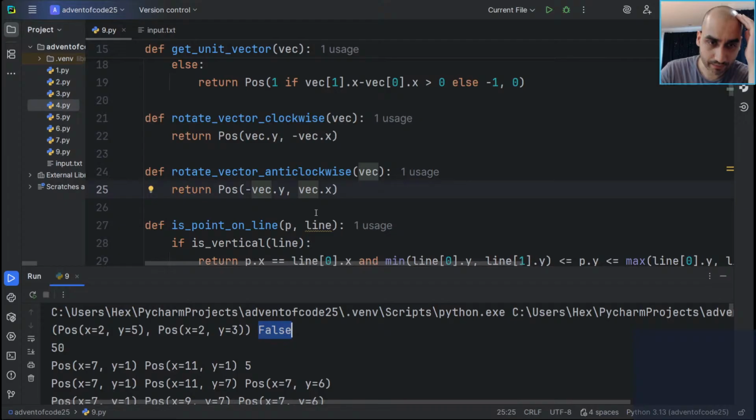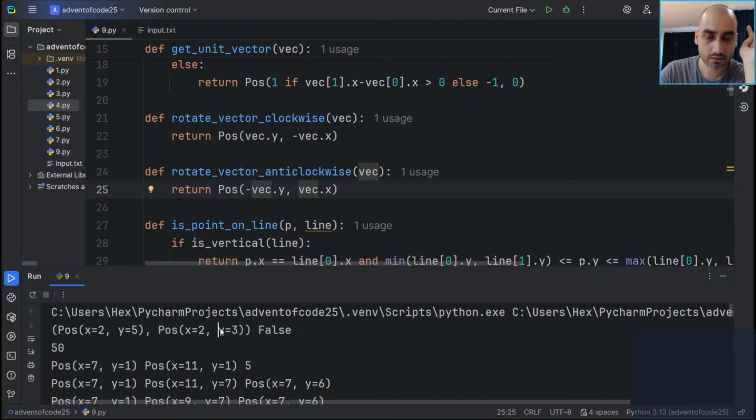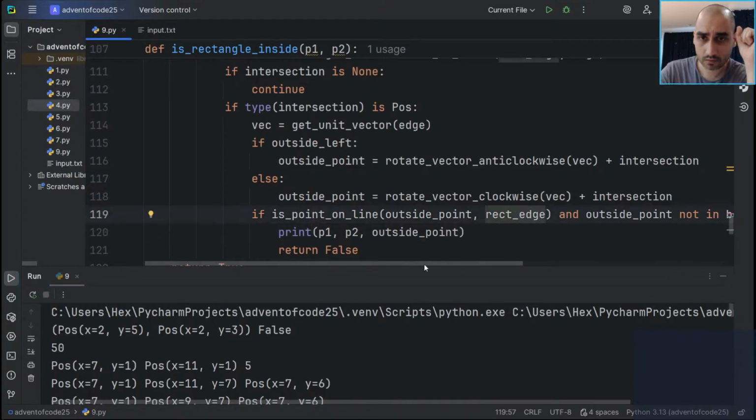So for this shape, we know that whenever you put your hand out to the right, you're outside. That's what we've decided, and that's correct. We've decided for this particular shape, the outside is to the right. So for that particular edge,